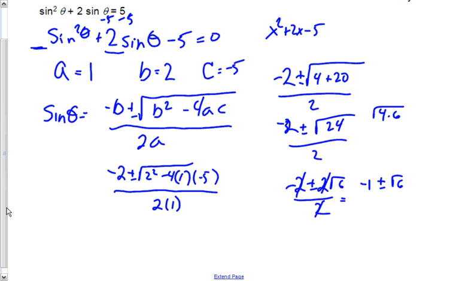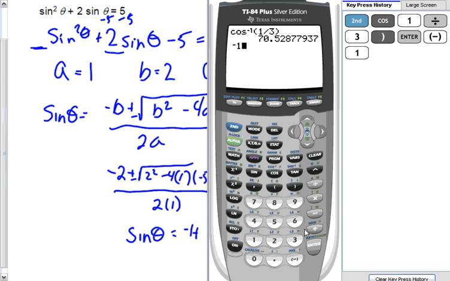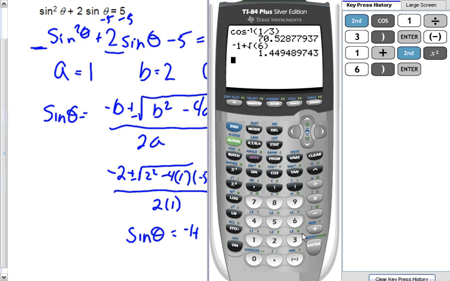So there's sine of theta. Sine of theta equals negative 1 plus the square root of 6, and negative 1 minus the square root of 6. Let's see what those numbers are because I can't think of them. Negative 1 plus the square root of 6 is 1.4494 and so on. It doesn't help me, because if I arc sine this answer,